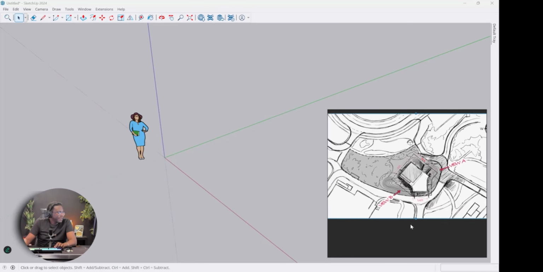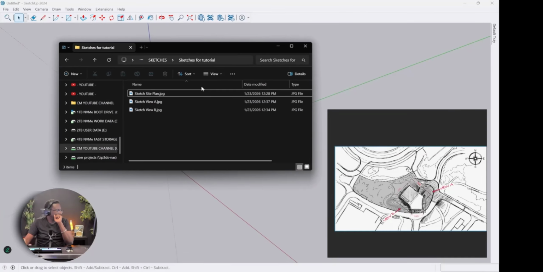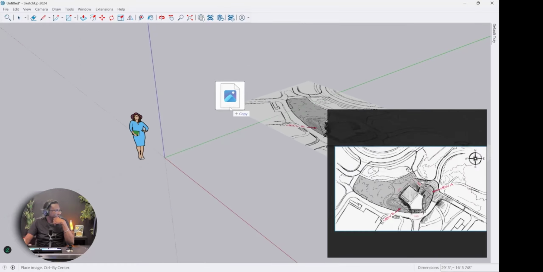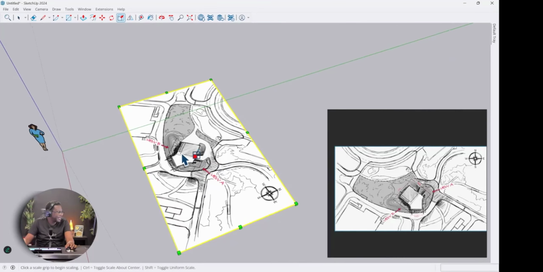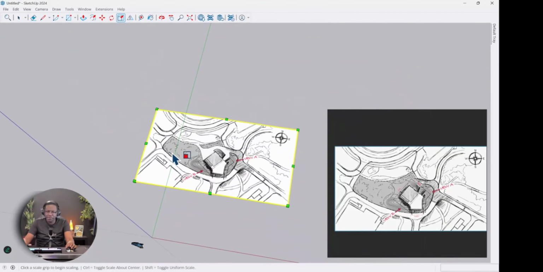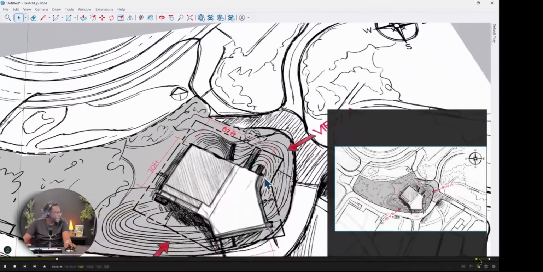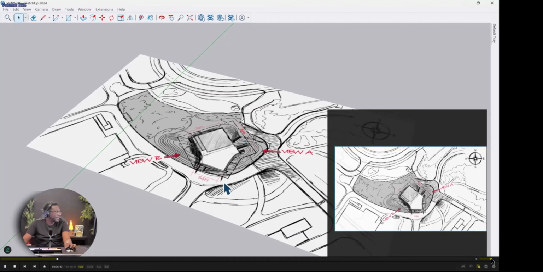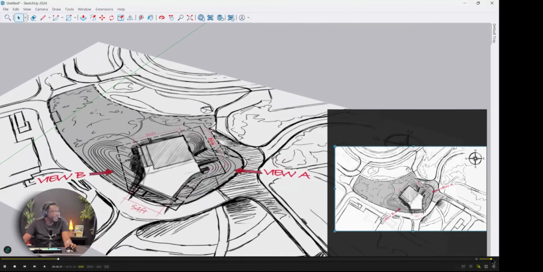All right, so one of the first things we would do is let's start from the site. So what I'm going to do, if I look here, I have the sketches here with me. I'm just going to drag this site plan into SketchUp, and notice that I will get pretty much the exact site in my 3D viewport, which is great because I can use the dimensions that are on my sketch, and I can at least start to get the size of my object. So that's great.